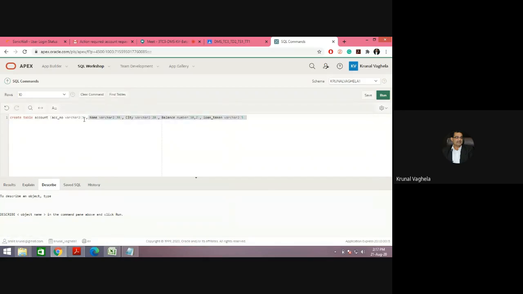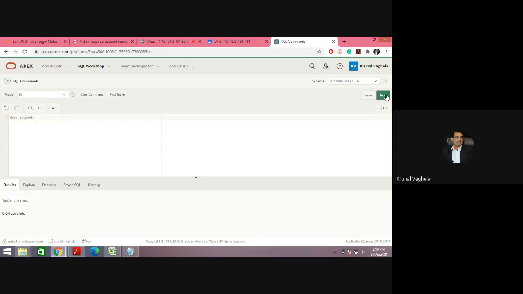If not, then there is a command also. DESC, meaning describe. See, whenever you are writing the keyword, it will be converted into red color. DESC space describe, name of the table. Our name of the table is account.